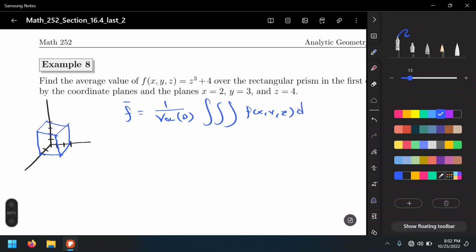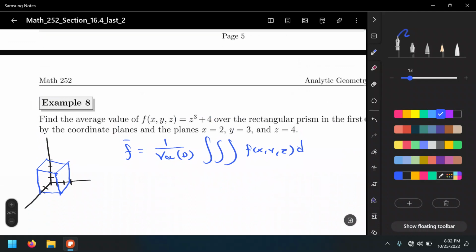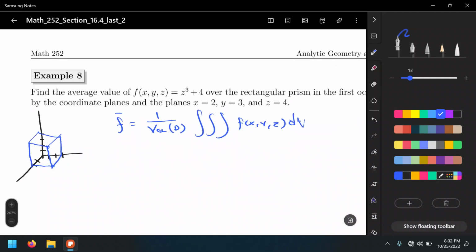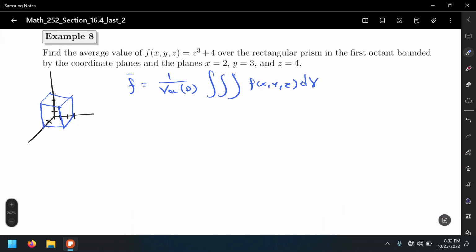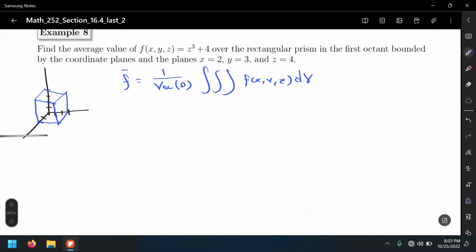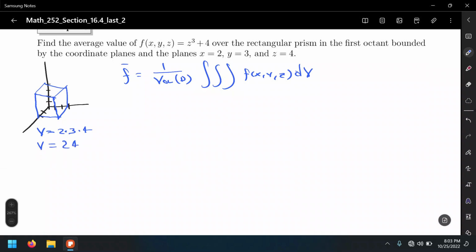Well, let's call it dv for now, right? dv. And let's find the volume of this box. So the volume is 2 times 3 times 4, that's 24. All right? So that's going to be 1 over 24 times the triple integral